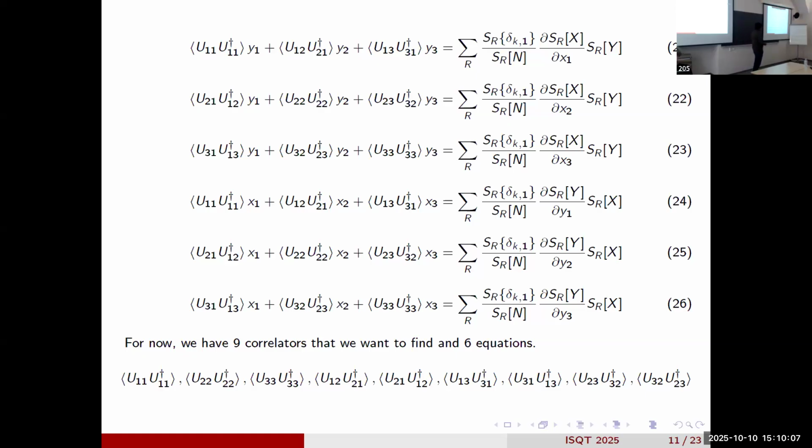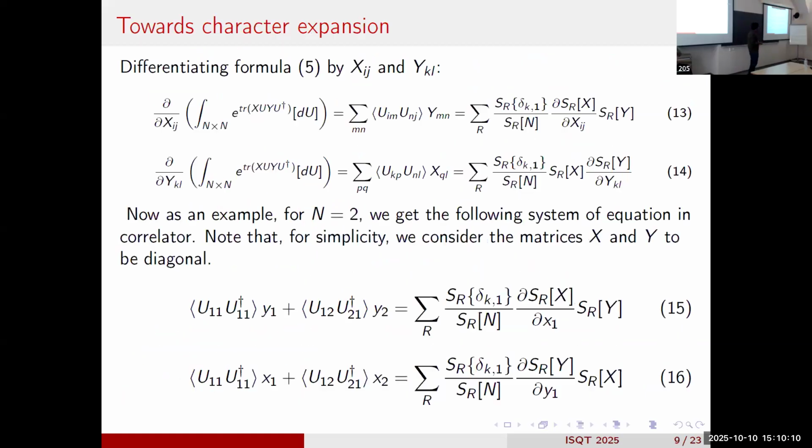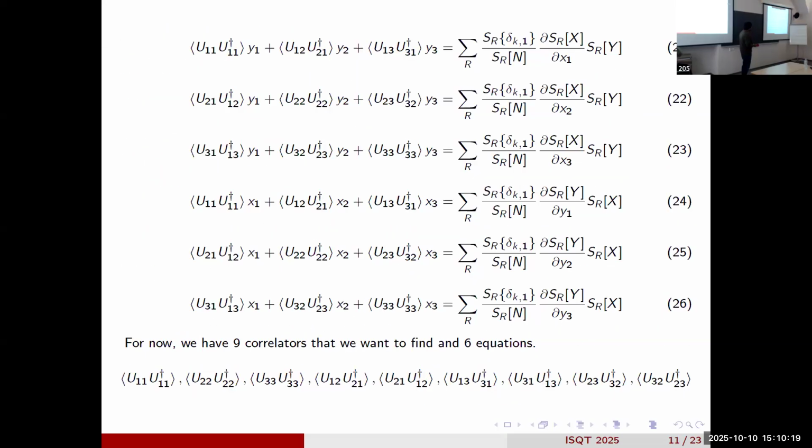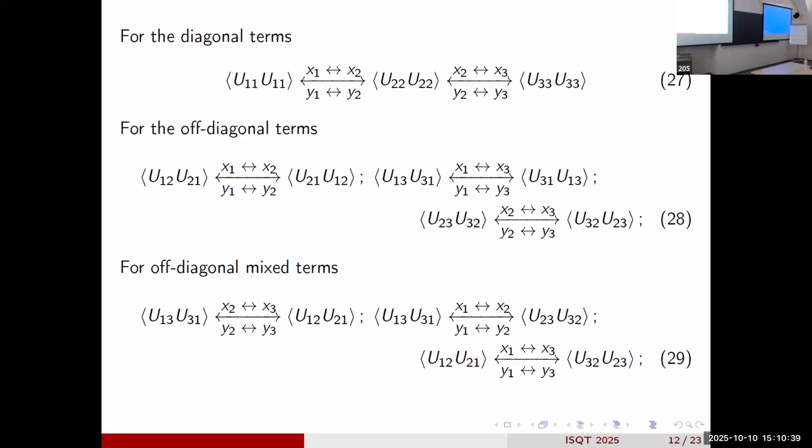To check this, we need to calculate the correlator from this big formula for n equal to 3, for a 3 by 3 matrix. And it was a bit... it's not working, but okay, not a problem. Somehow it gives a big formula, but you can still try to calculate it. We calculated all these correlators and found that there is no direct symmetry between the formulas. So you can find this correlator, which is directly not equal